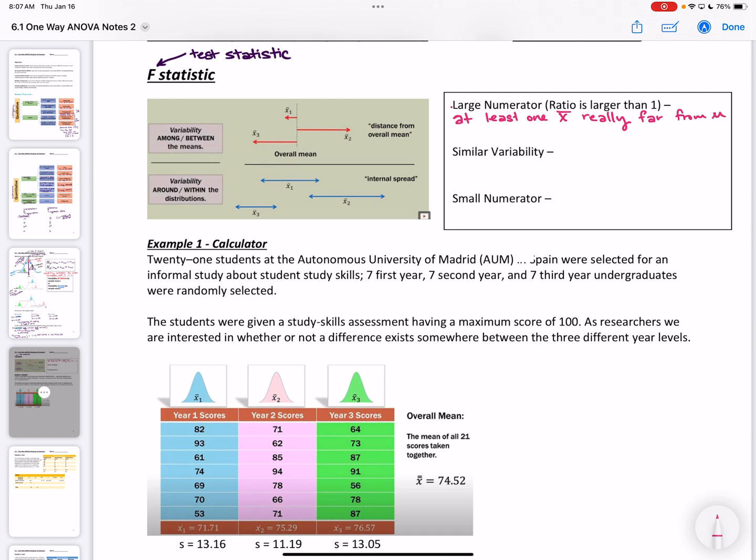So if this happens, just remember, big difference, okay? If there's a big difference, then you're going to get a big test statistic and you're going to reject the null,